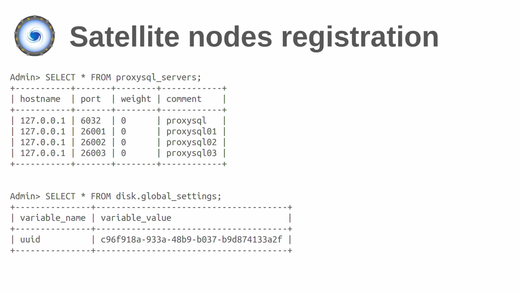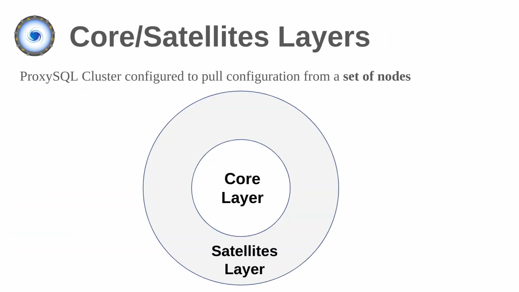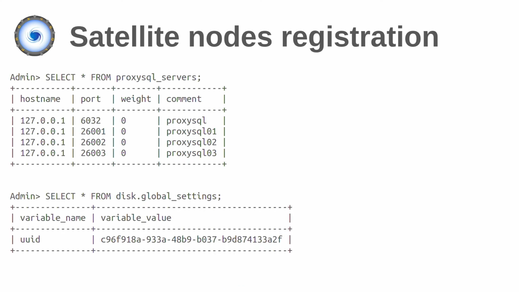Now, what we introduced recently is the fact that when a proxy is connecting to another proxy, it also registers itself. Let me describe this better. So in the diagram that I had here, where I was saying that in the satellite layer you can have hundreds of proxies, what each of those hundreds of proxies has is just a ProxySQL server table configured. So they know which are the 4 proxies that are part of the core. But the proxies in the core know nothing about all the proxies in the satellite layer, and they can be 100.